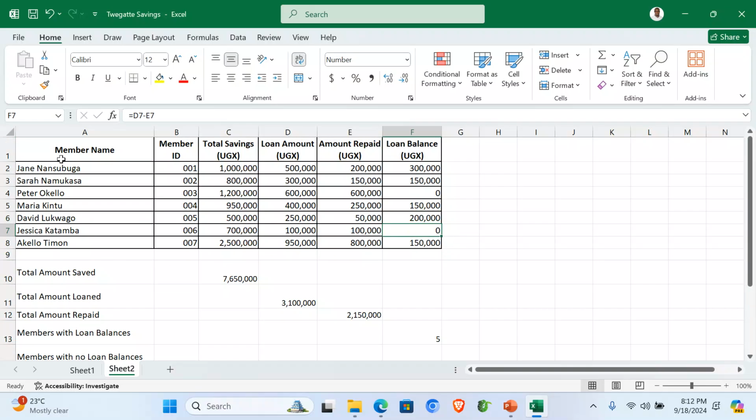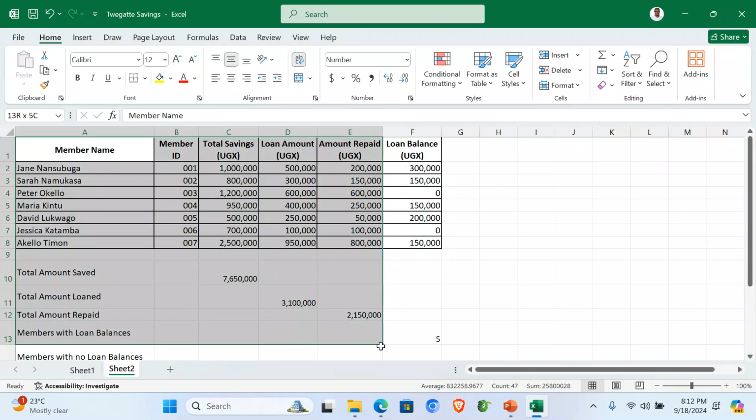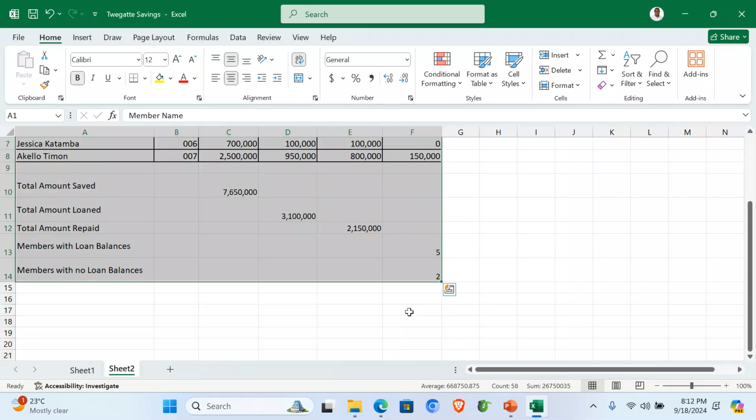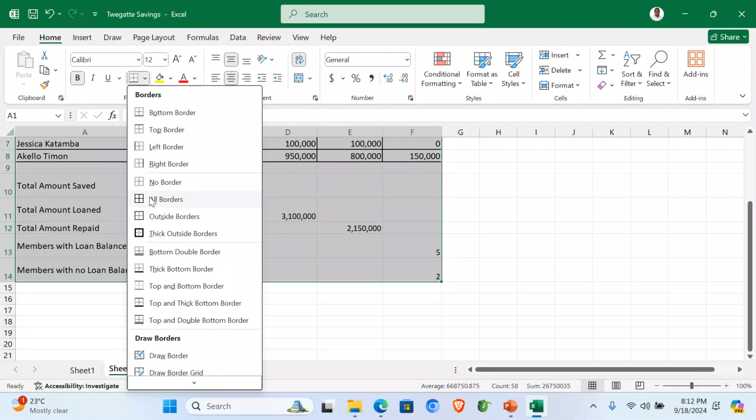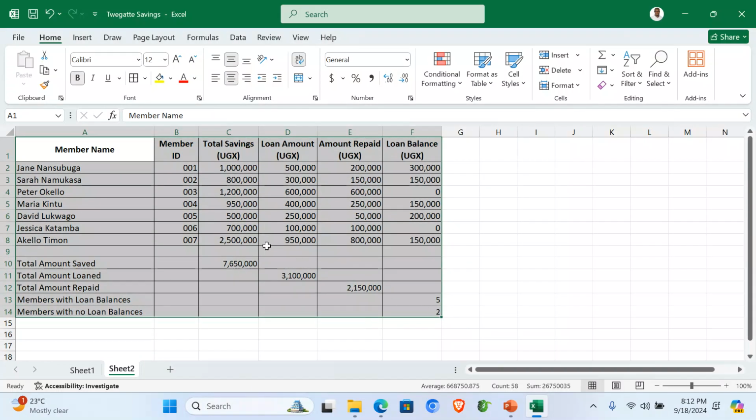Then we can highlight our work and put grids. So let's highlight our work. We put some grid lines. We can put all borders, something like that. Then more to that, on our work, having put grids,